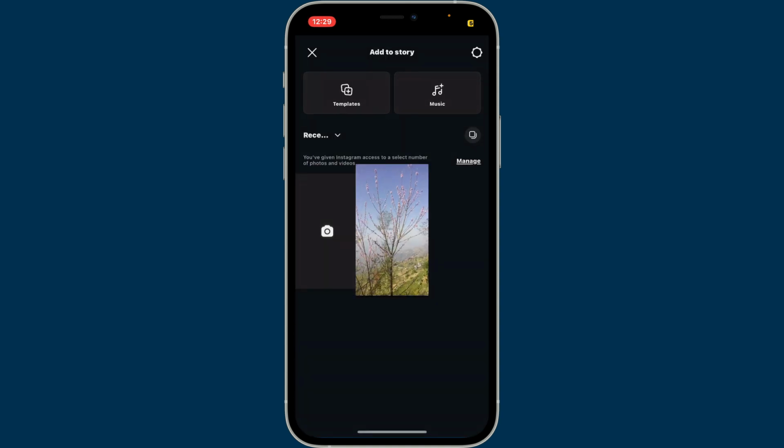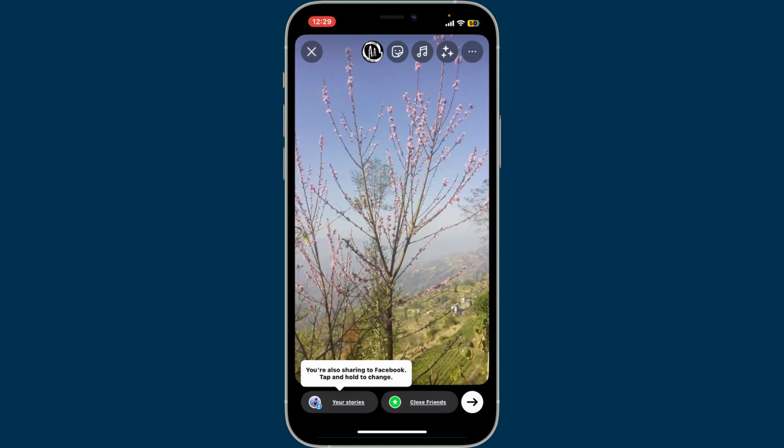Now, after selecting the media, you will be able to see that the image has now been previewed on the screen. Use the tools provided at the top of the screen such as text, stickers, sounds, etc. and add effects to your story so that it stands out. You can add text, use smiley face icons for stickers, GIFs, polls or music,